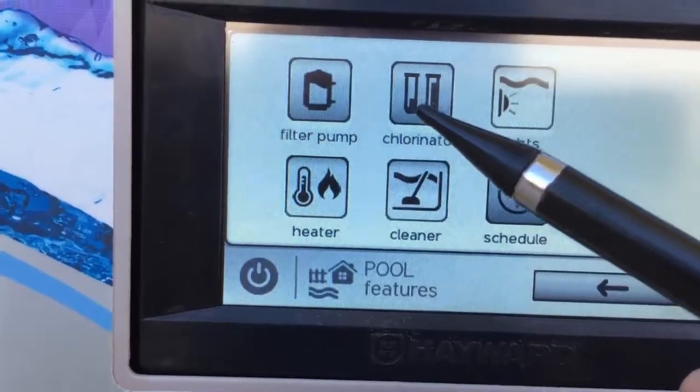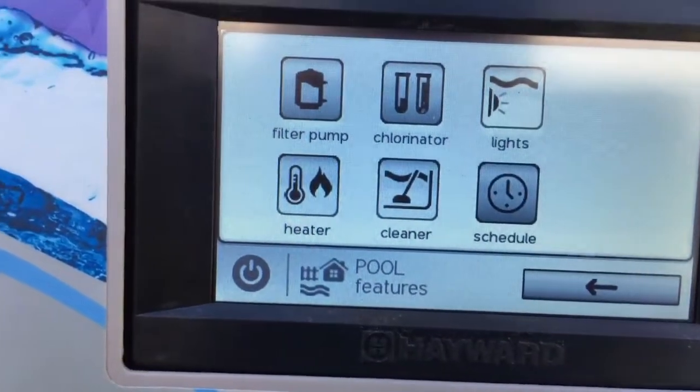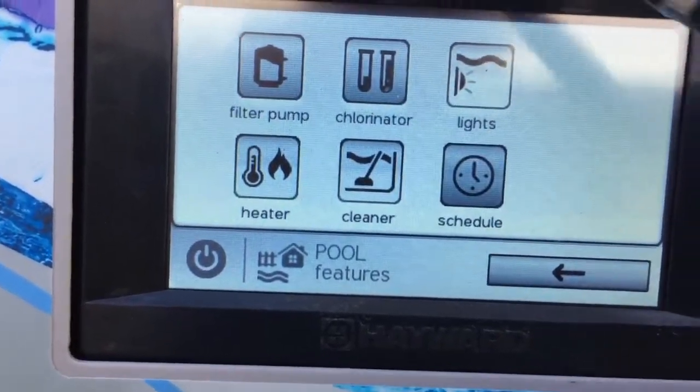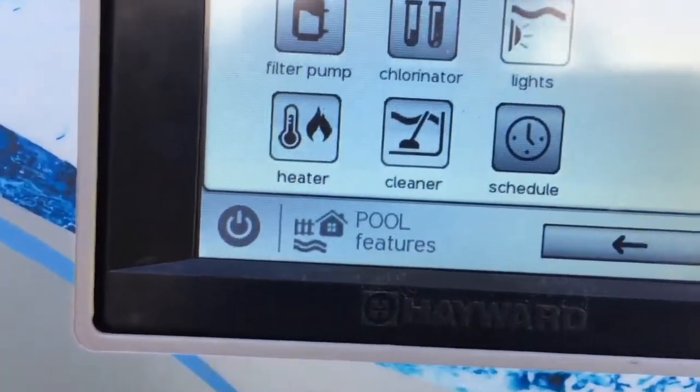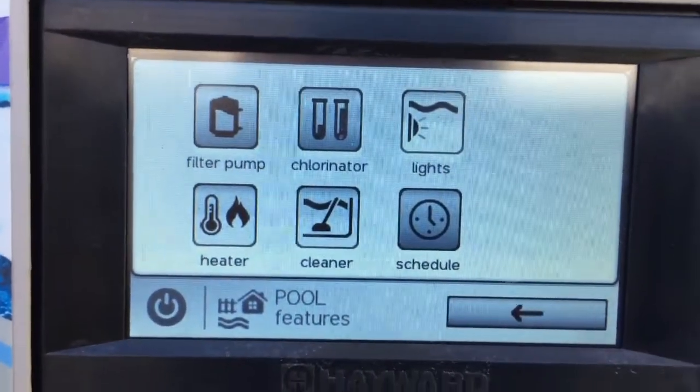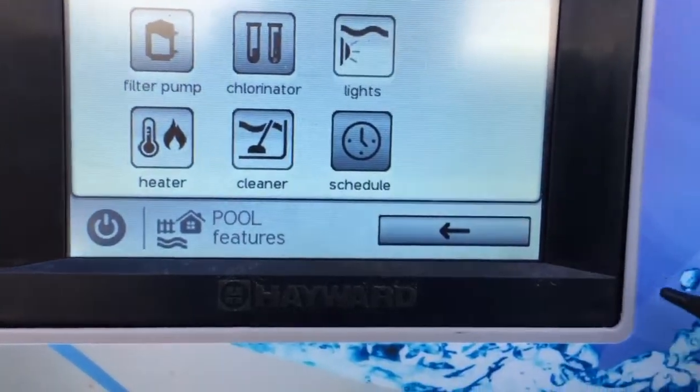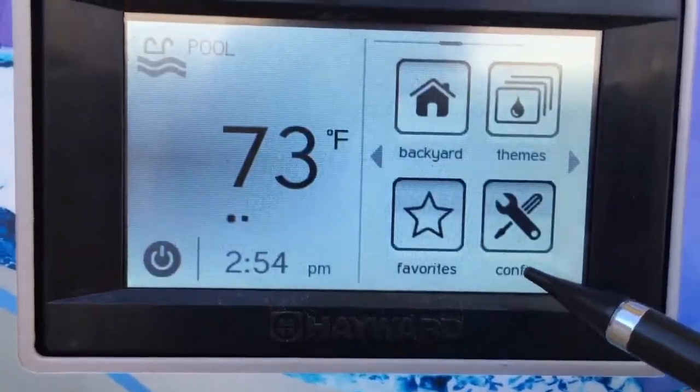Just go here and then turn on your percentage, let's say 80%, 90%, whatever, and then the board will control it and turn it off and on when it needs to, to fulfill what program you set it up as. All right, so that's pool mode. Now